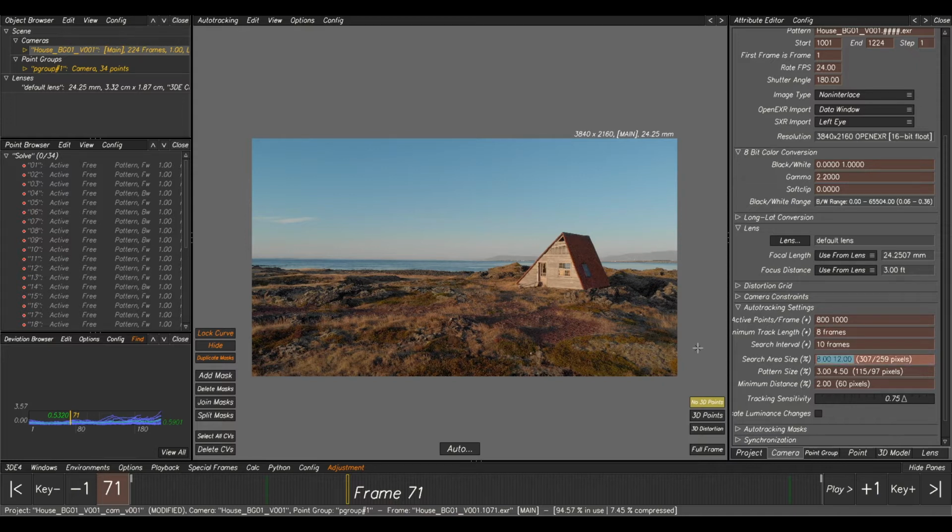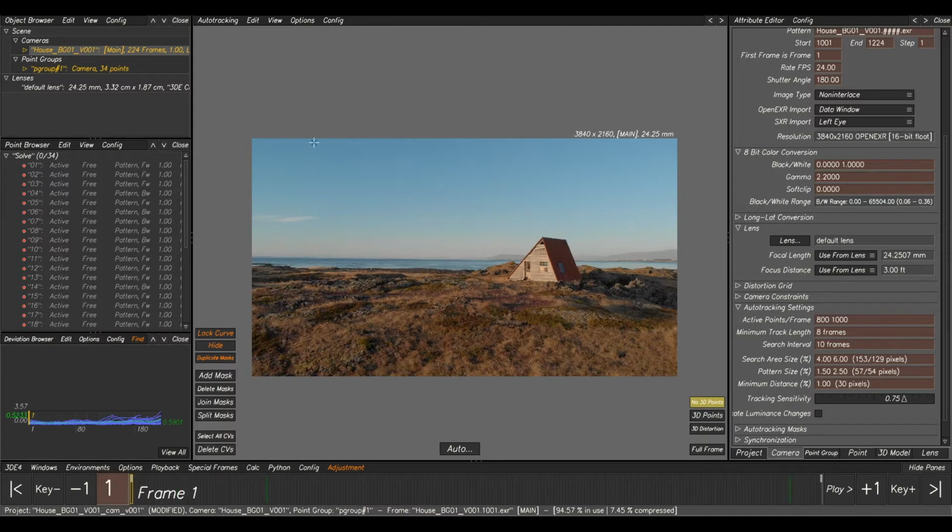Whenever I'm doing something like this, I always halve it. So 8, 4.6, 1.5, 1.5, 2.5, and I'll change this to 1. And this will give us quite a nice dense point cloud. But if we click auto track now at the bottom, it